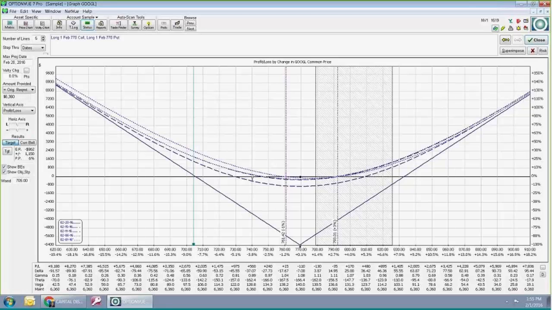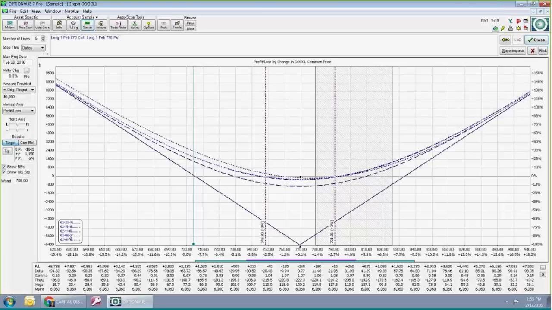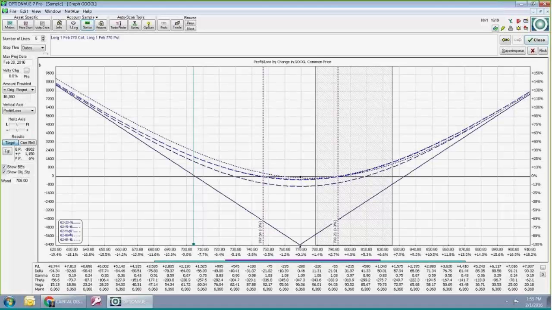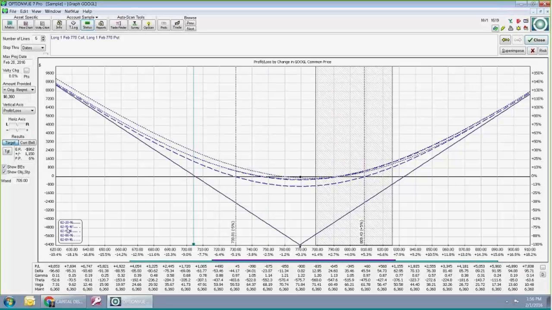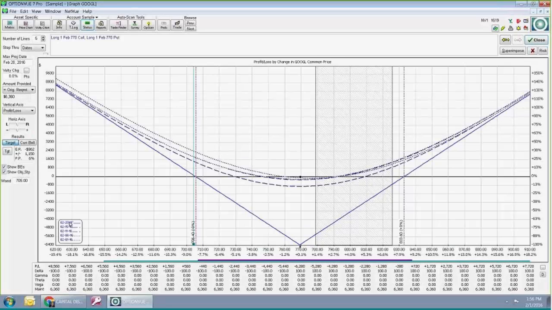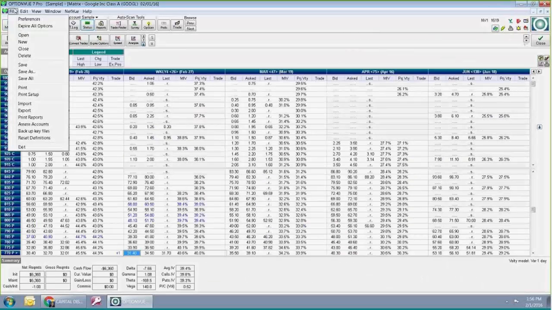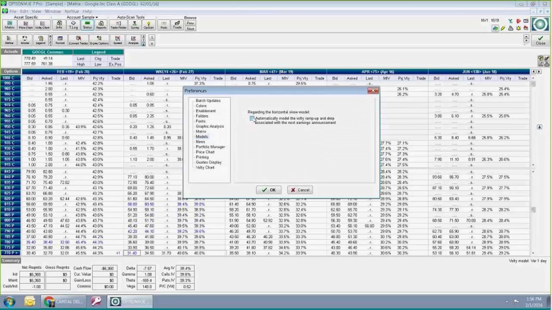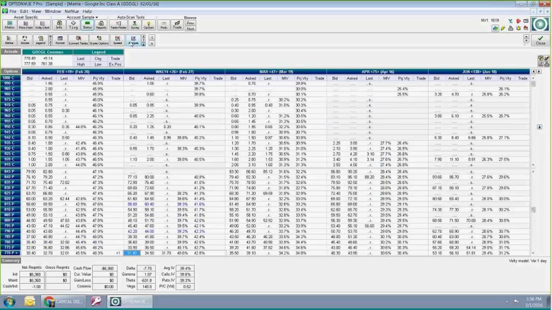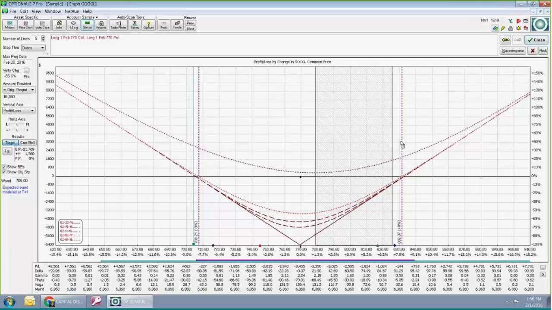You'll see some of the lines move, as opposed to having it on, which is the default. You can see that big drop it's projecting.